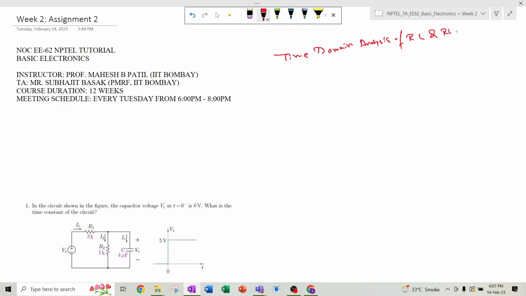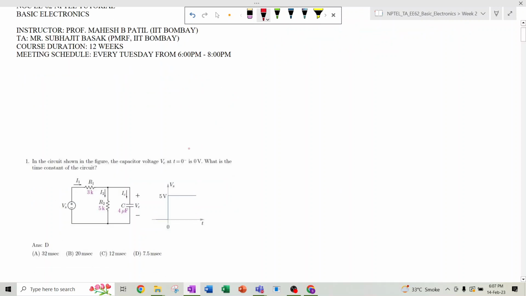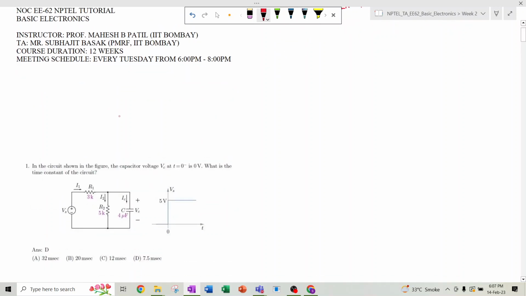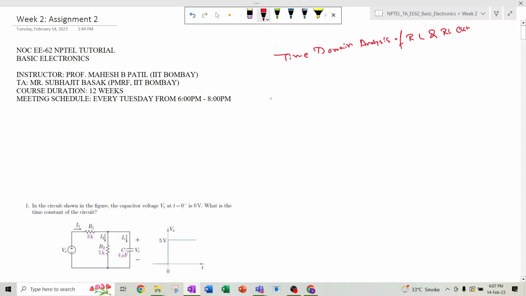Okay, so basically, before going through this question answer, I would like to teach you some of the points. That is, in a basic circuit, maybe an RC circuit or maybe an RL circuit, suppose there is a voltage source Vs and there is a resistance R and there is a capacitance C in series with it.